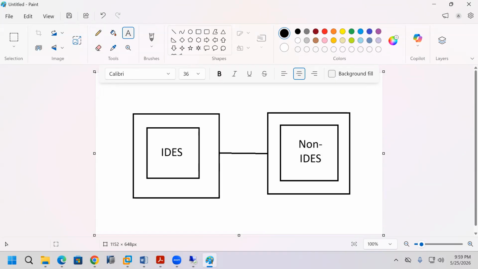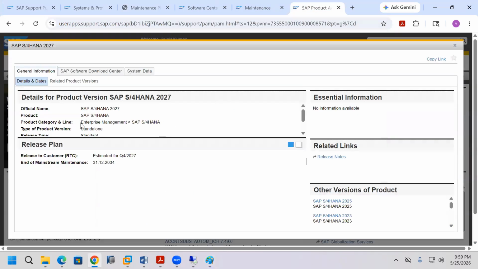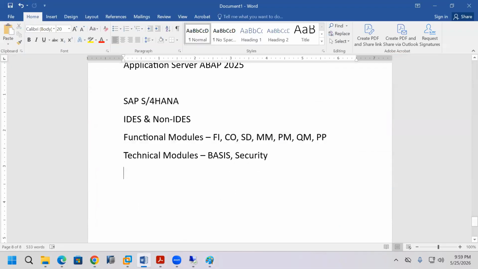Why are there two types of software, IDA and non-IDA, in S/4HANA? Because SAP S/4HANA is enterprise management software, business management software, company business management software. Only in enterprise management software are IDA and non-IDA software available. That's why in SAP S/4HANA, IDA software is there and non-IDA software is there. But remember,